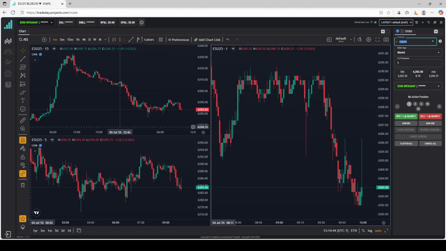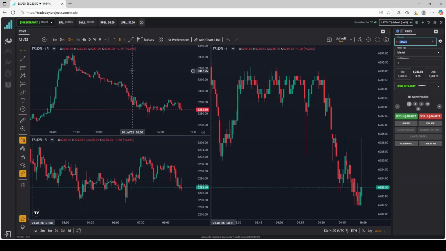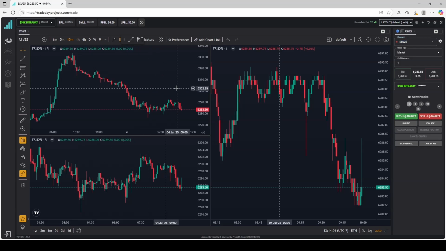So again, I'm going to redo all of them, because that stays even if I reset to default. I'll just set it up so you guys can see. First thing you want to do is click on the chart that you want to have. Right now I'm on the 15-minute chart, and then I'll hit add chart link, and this pops up, and you see it just has the circle with the X with the slash through it, because it's